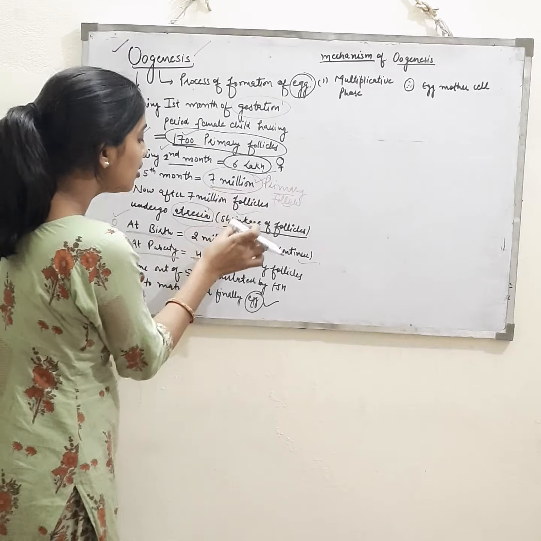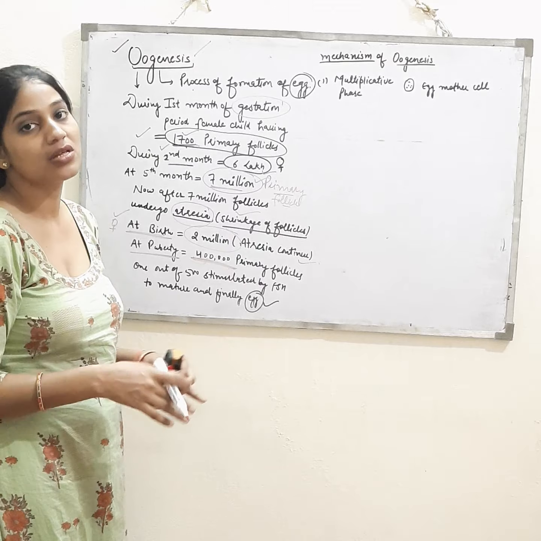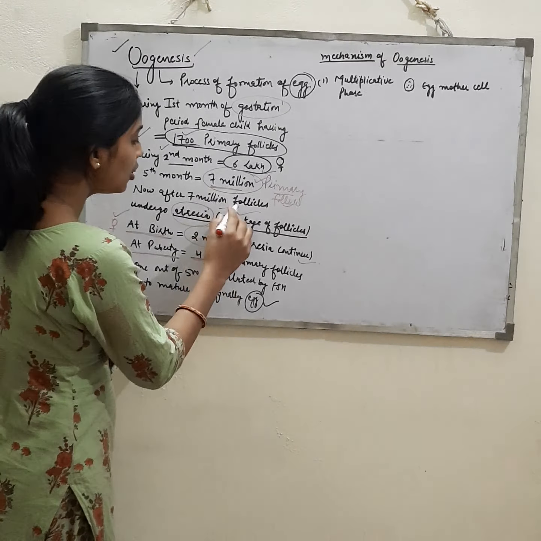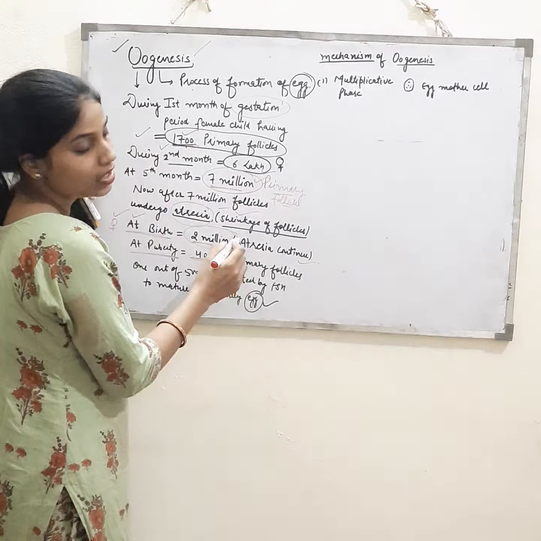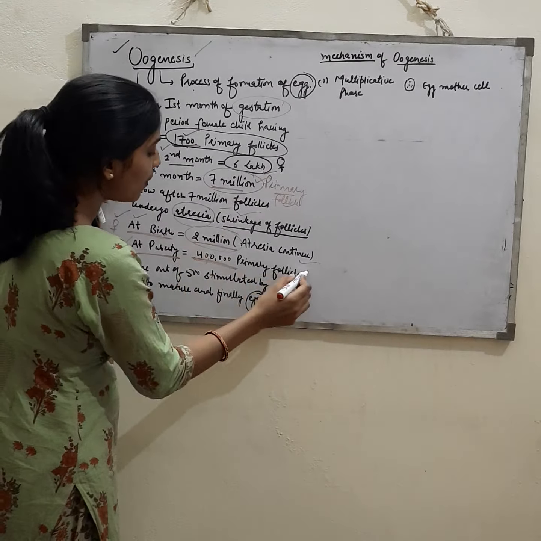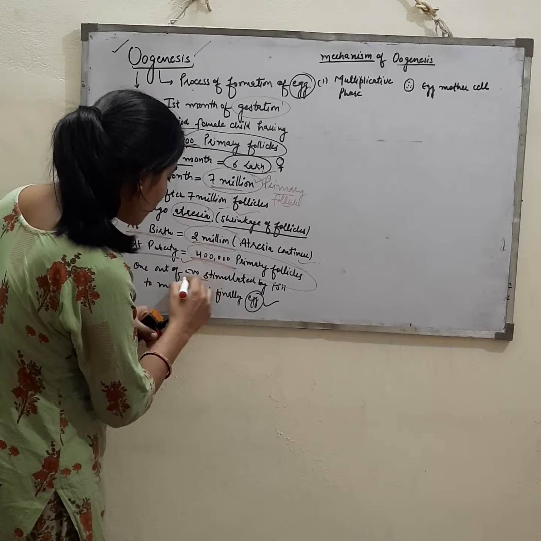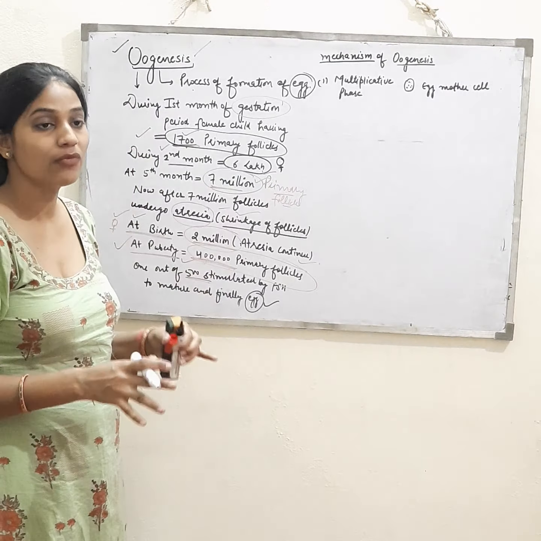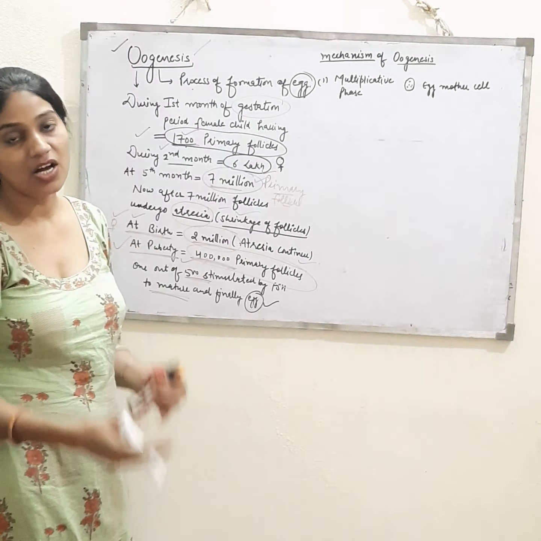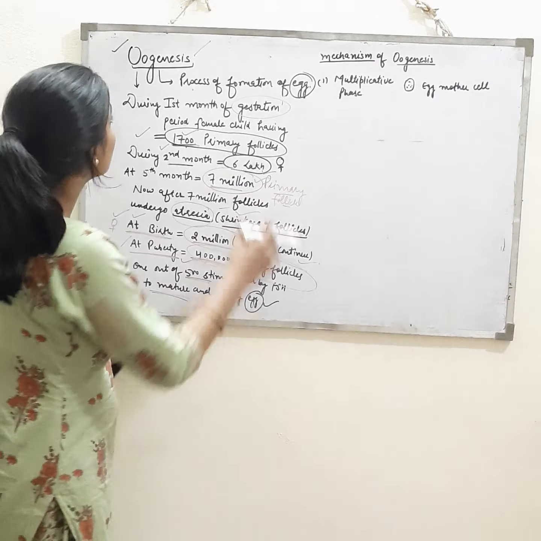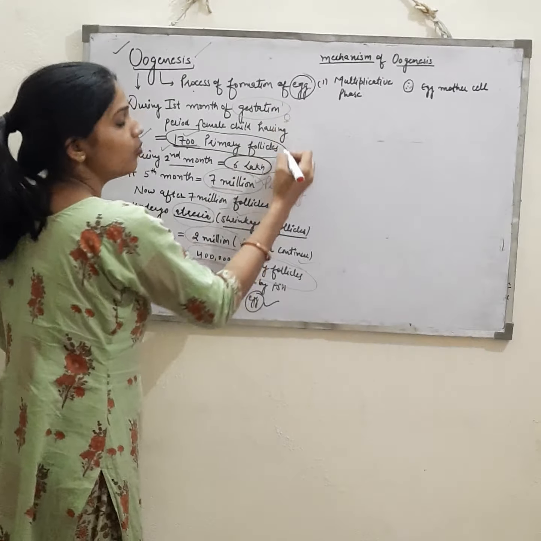After the 7 million, there is a term that is known as atresia. Atresic condition starts when the primary follicles start to degenerate. At birth, around 2 million follicles are found. When the child attains puberty, only about 500 follicles are stimulated, and out of the 500 only 1 is going to mature and then become a functional egg, ootid or ovum. So this is the case when the female child is inside the mother's womb.